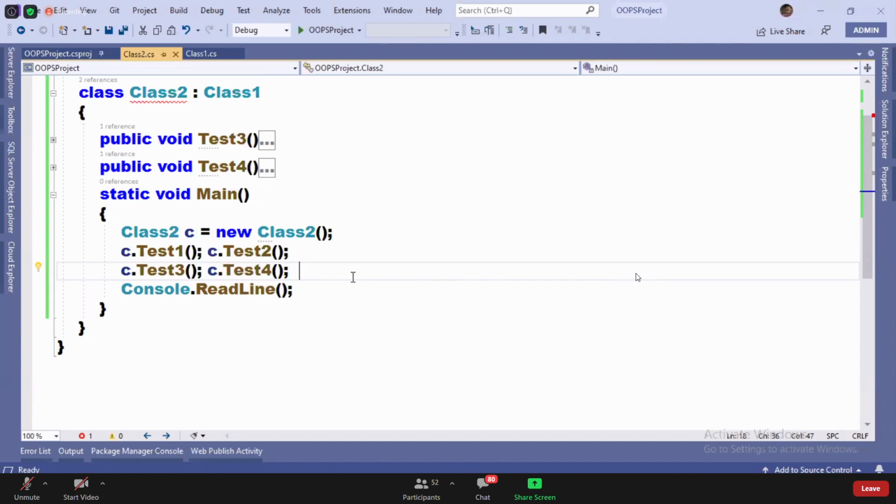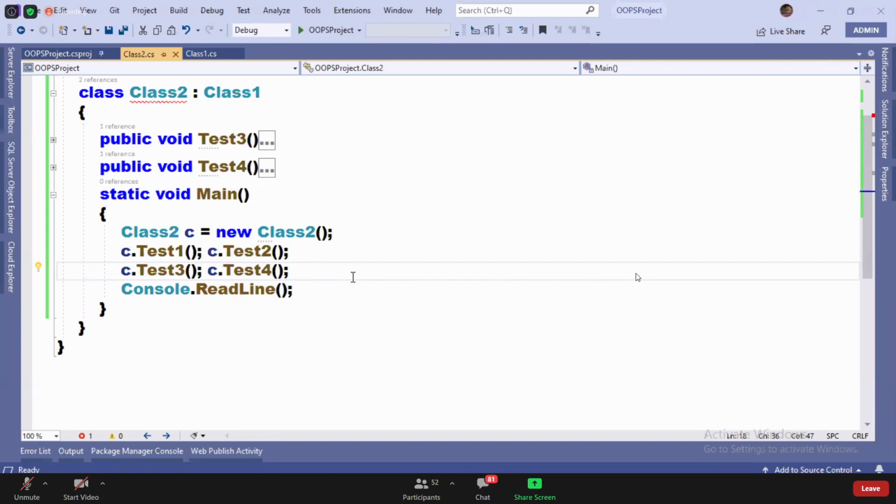When I create the instance of class 2, the control first jumps to the class 2 constructor, and the class 2 constructor is going and calling the class 1 constructor. So who calls? The child class.